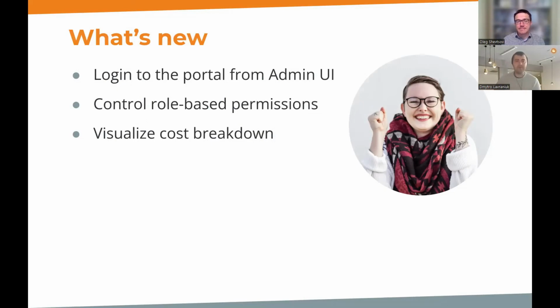There are quite a few benefits of it, right? So administrator does not need to remember the password. They do not need to keep the URL somewhere in the notepad or in an open browser tab, and they can easily jump and see the portal with their customer's eyes, so to say. The next thing we added is